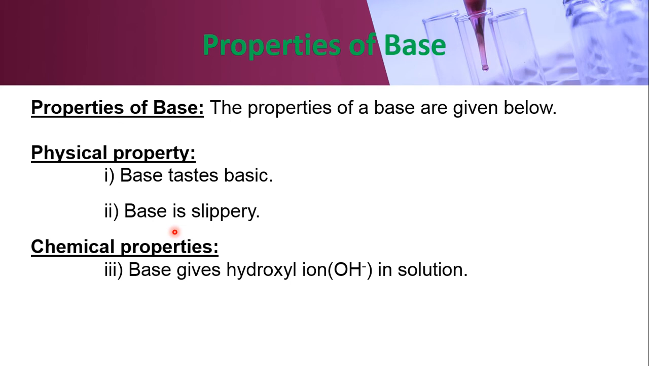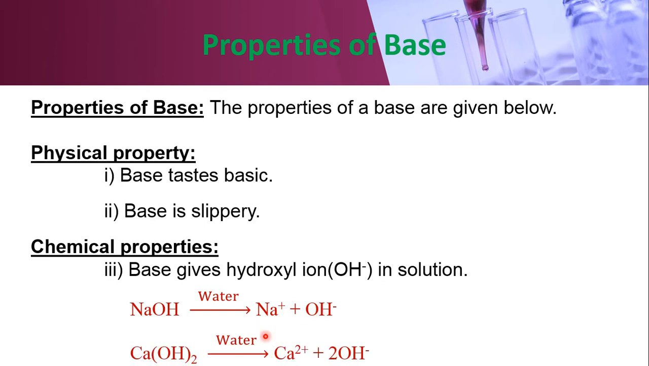Base gives hydroxyl ion. Acid gives hydrogen ion and base gives hydroxyl ion in solution. Sodium hydroxide, when it is given into water, gives sodium ion and one hydroxyl ion. Calcium hydroxide, when it is given into water, gives calcium ion and 2 hydroxyl ion. Some more properties of base are: